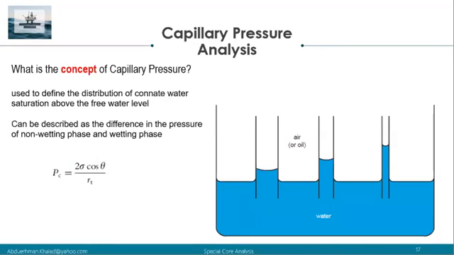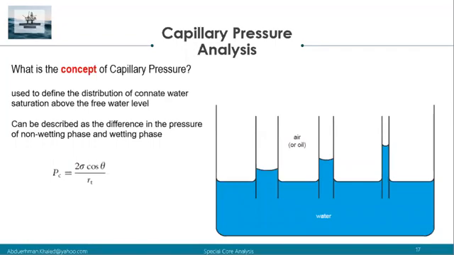So the capillary effect is actually apparent whenever two immiscible fluids are in contact, and it's a result of interaction of attractive forces between molecules in the two liquids. So if there are two immiscible fluids in contact, there will be what we call surface tension that will arise as a result of unequal attraction between the molecules of the same fluid and the adjacent fluid. And obviously, there will be more attraction for the same fluids,